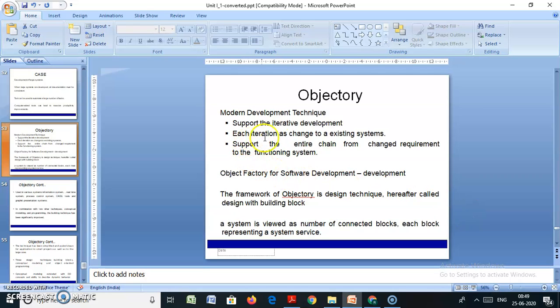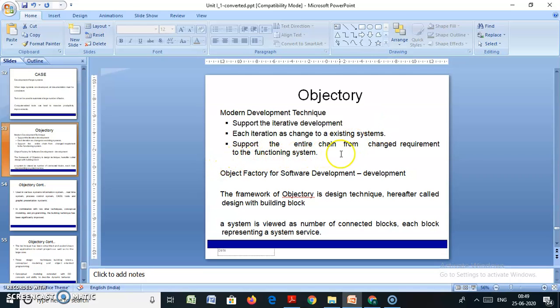Next, each iteration makes a change to the existing system. In iteration 1 we develop version 1 of the product, and in iteration 2 we develop version 2. That is the extension of the existing one. That means we change the existing system, and it is developed in the next iteration. That product is called version 2.